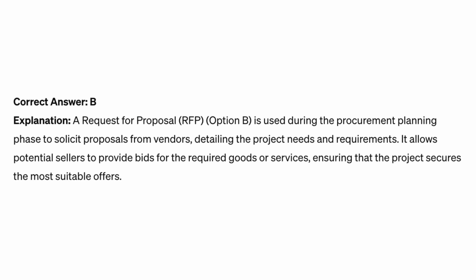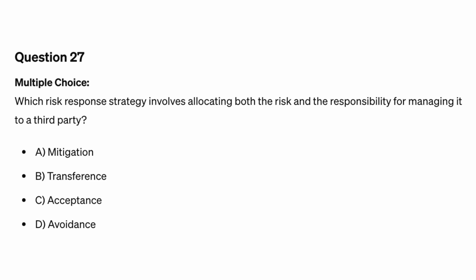Correct answer B. Explanation. A request for proposal (RFP), option B, is used during the procurement planning phase to solicit proposals from vendors detailing the project needs and requirements. It allows potential sellers to provide bids for the required goods or services, ensuring that the project secures the most suitable offers. Question 27. Which risk response strategy involves allocating both the risk and the responsibility for managing it to